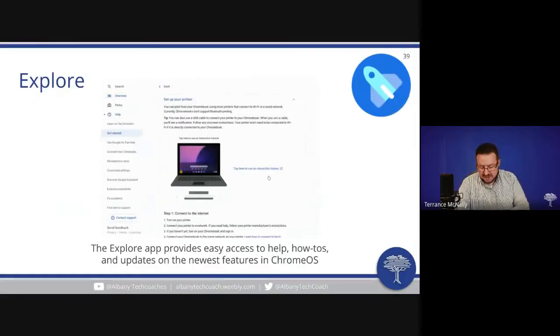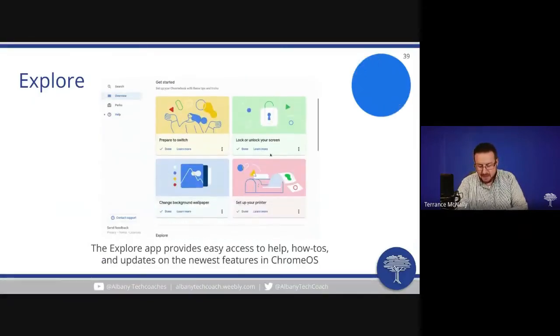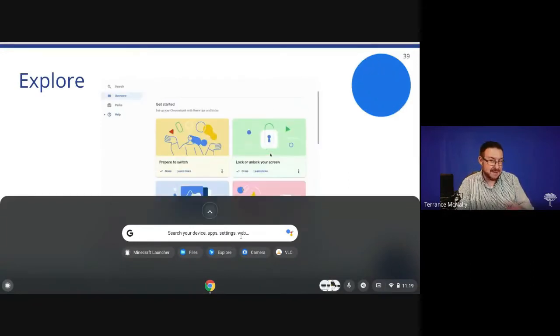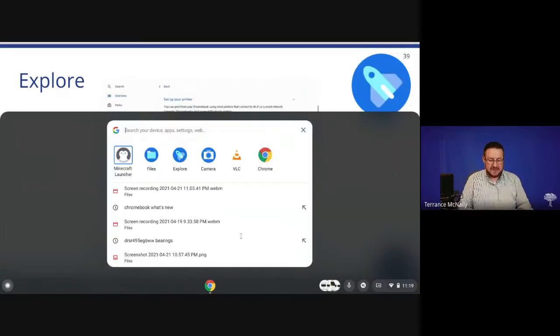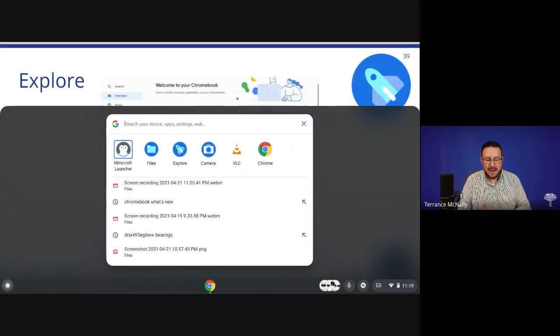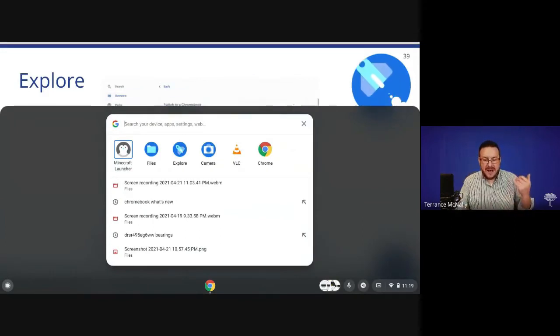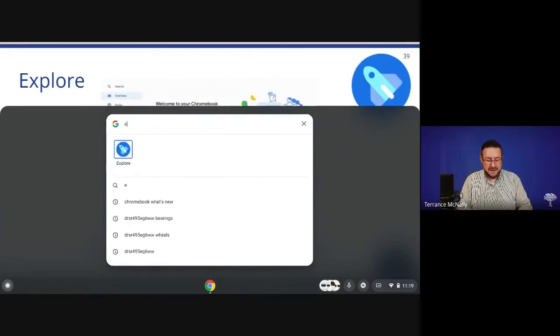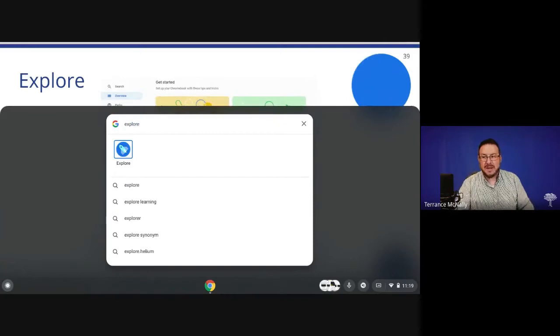Now, we mentioned just a couple of minutes ago, we went to the launcher. We've got this search box here. And this can be pretty handy when you're looking for something. And this isn't just like search the web or something. This is search your files. This is search your apps. This is search all sorts of things. So if you type in Explore here and search that,